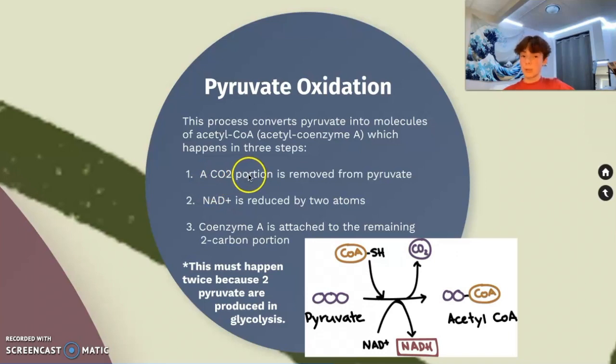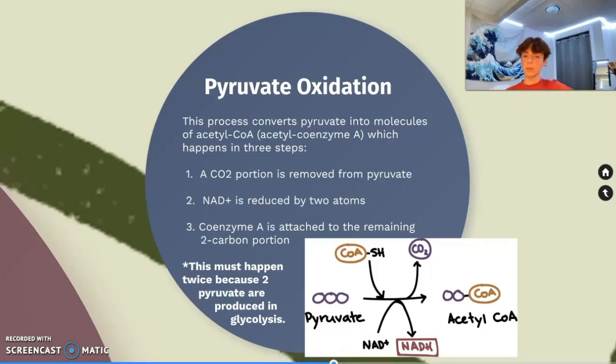One carbon dioxide portion is removed from pyruvate. As you can see here, the carbon dioxide leaves. NAD plus is reduced to NADH. Coenzyme A is attached to the remaining 2-carbon group. So as you can see, coenzyme A here forms acetyl coenzyme A with the acetyl group and the coenzyme group. And then this must happen twice because, as you can remember, 2 pyruvate were formed in glycolysis from